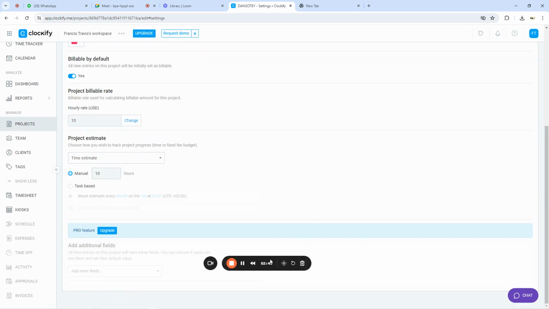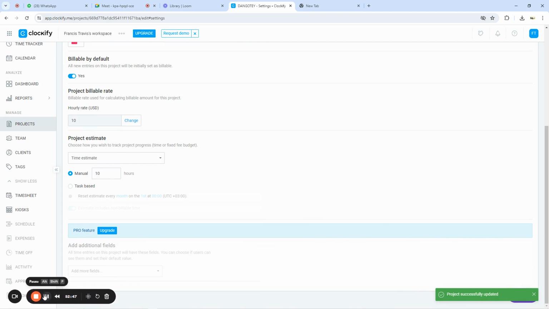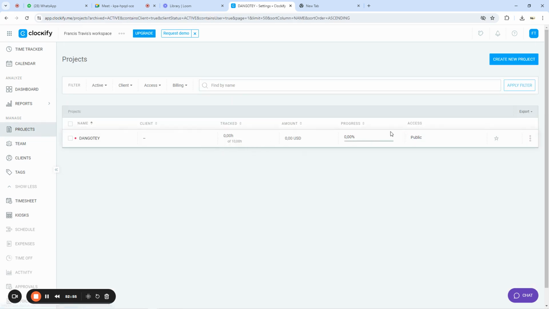See, now you are good to go. It has saved automatically on its own. So that means this work has now gotten a what? It has now gotten a billable rate. So perhaps you come here to the time tracker, and